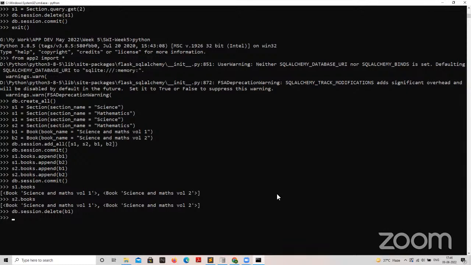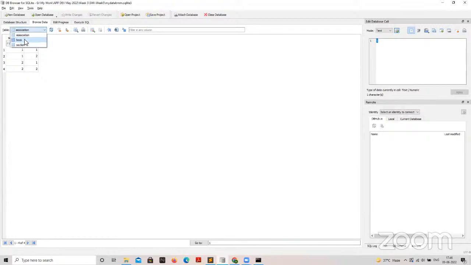So if I delete this and db.session.commit, what will happen? First thing, I deleted a book, right? So my book went, and then that association will go. Because what I deleted is a book with book ID, I guess 1, right? So I cannot have any combination